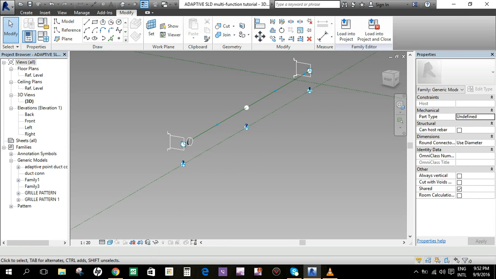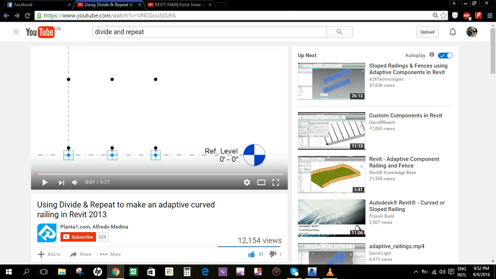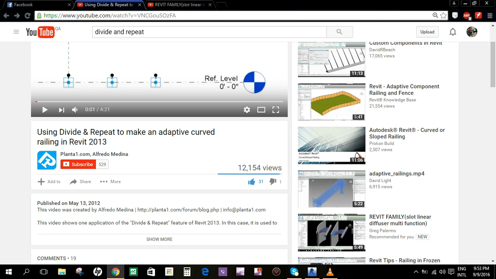I don't have to explain all the steps here, but you can search in YouTube or find the reference that I looked at in YouTube: using divide and repeat to make an adaptive curve railing in Revit 2013, by Revit specialist Alfredo Medina.